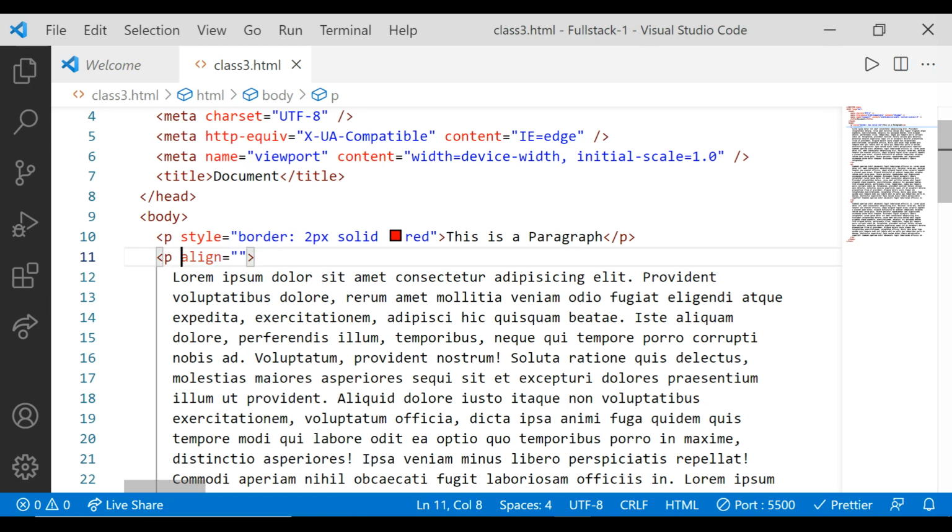Now see, every attribute has a name, that is called the attribute name, followed by an equal sign, and this equal sign separates the value. So this is the attribute name and that is called the value. अभी हमने कोई value दिया नहीं है इसके अंदर, so value is always put into the double quotes.